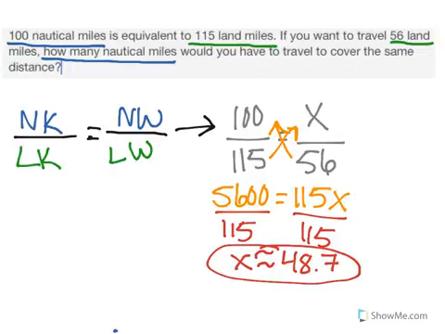So, the question that we really need to ask here, like we always do, is does this make sense? So based on the information they give us, it says that 100 nautical miles is equivalent to 115 land miles. So you know that there should be more land miles than nautical miles, and that works here. We have that 48.7 nautical miles is the same as 56 land miles. So we have that same ratio going on. But if you really want to make sure that these numbers are for sure the way that they're supposed to be, you can go through and check the 2 ratios in this proportion. So if you take 100 and you divide it by